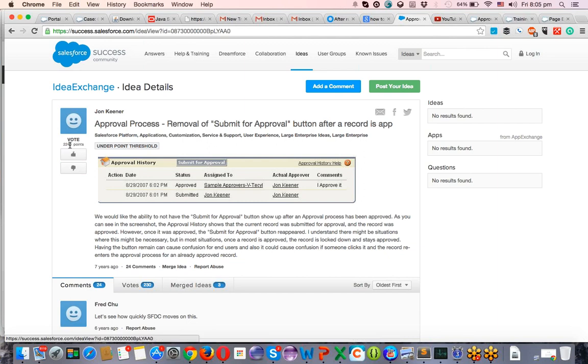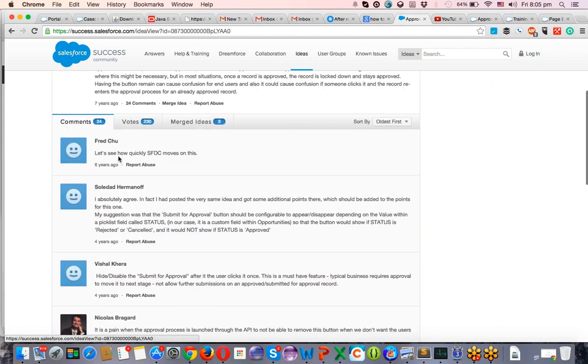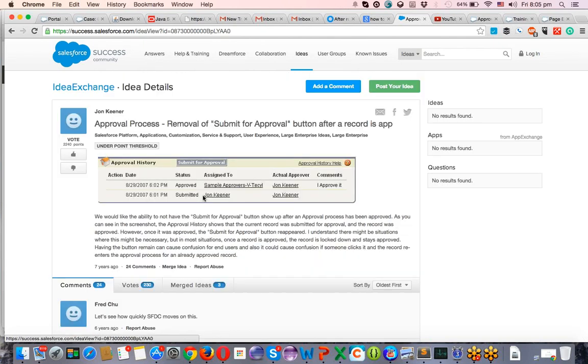Each like will add 10 points. Each dislike will remove 10 points. So these are all the comments. If you want to change the idea of it, you can add some recommendations. These are the votes. These are the similar ideas which are similar to this. Okay. This feature it's not enabled by Salesforce. I think in future they might remove this button on approval.